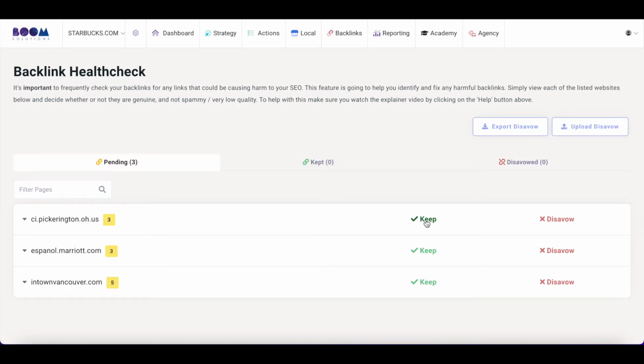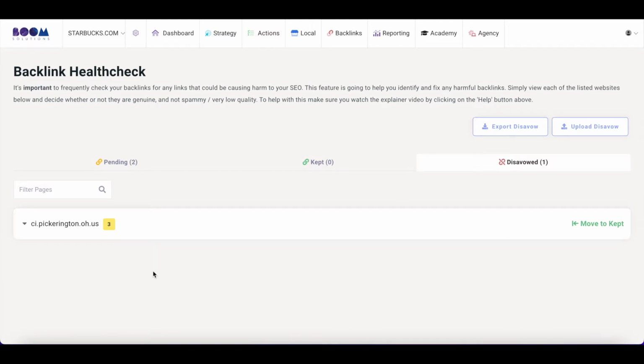And you can either keep them or disavow them. When you click Disavow, they'll be moved to Disavowed. If you've changed your mind and you want to keep them, you can click Move to Keep. And then once you've done all of that, what you do is click Upload Disavow button, and you'll be presented